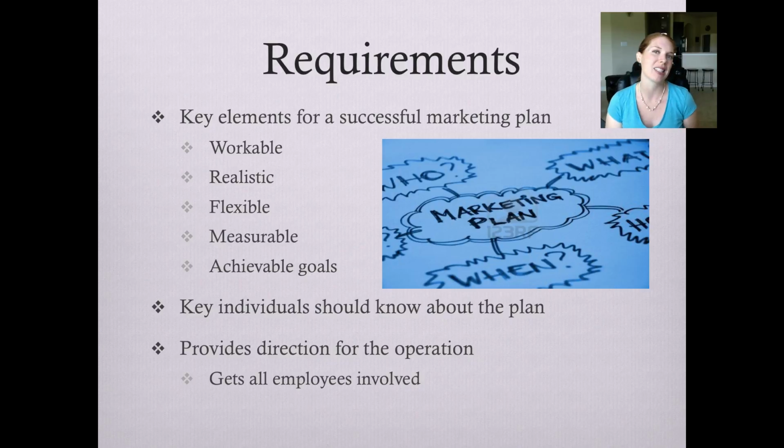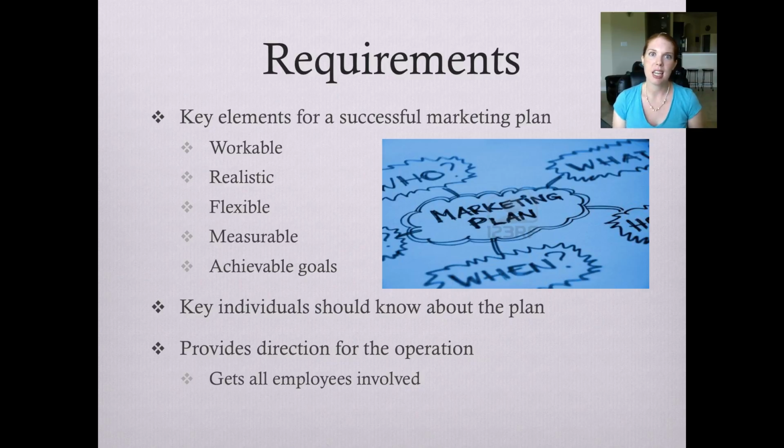Next, it has to be measurable and it has to have achievable goals. It's really hard to manage what you can't measure. If there's no way to tell whether or not you hit success, then it's not a good marketing plan. You need to set actual realistic goals that you can measure and that you can possibly achieve. So you want to put those together and say, yes, we want to make $1 million this year in sales. That's a goal, it's achievable, it's attainable depending on what kind of restaurant you have, and we're going to aim to reach that goal, and we're going to do things that are going to help us accomplish that, whether that's through building repeat customers or some of the other objectives we're about to talk about. These are some of the requirements of a good marketing plan.